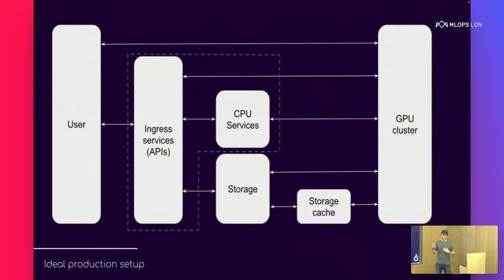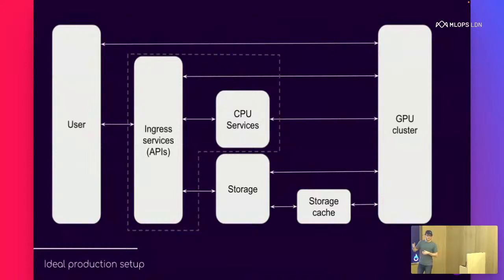So then we started investigating what kind of an ideal production setup would look like that was bare bones, that would allow people to do just purely inference, straight out of the box. We looked at this from a hardware and software perspective, because the two are very interconnected to us. What we found is typically they would have a user, that could be an internal service even, or an external user that would want to do something with machine learning that would propagate through to some kind of ingress service, typically an API or something like that,